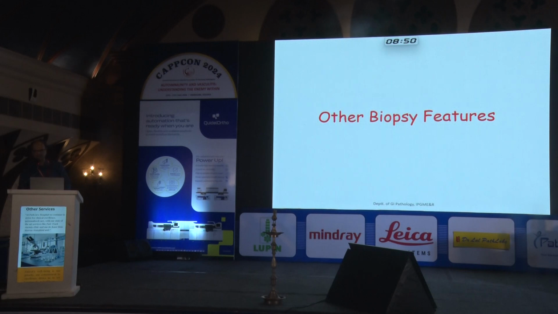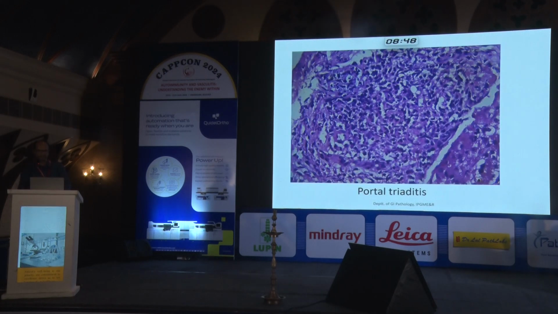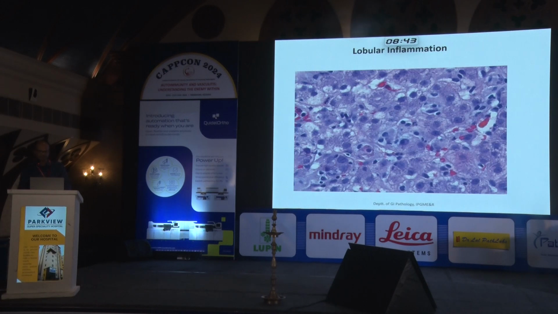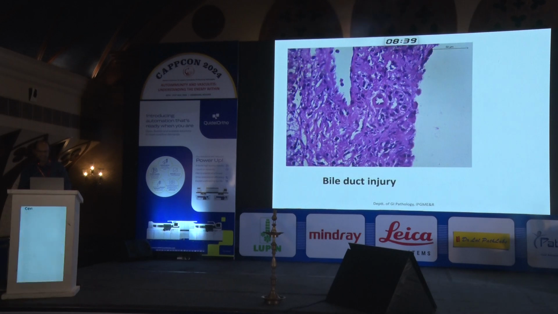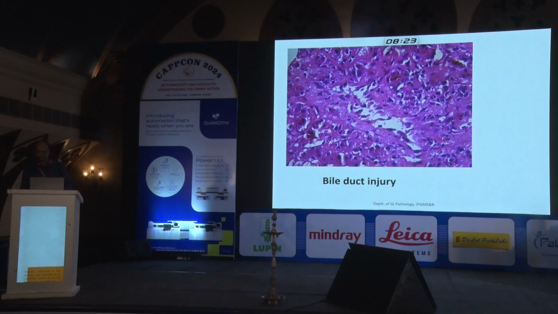So other biopsy features which we find are portal triaditis, that is portal lymphoplasmacytic infiltrate, lobular inflammation, lobular plasma cells and lymphocytes, and, a little rare but in India we get a lot of them, bile duct injury. Though bile duct injury is usually taken as a feature of primary biliary cirrhosis, we can find them in some cases of autoimmune hepatitis. And if bile duct injury is there, a typical feature that can be seen is cholestasis